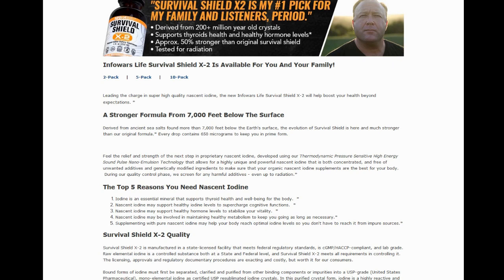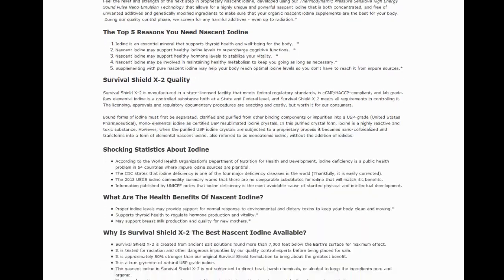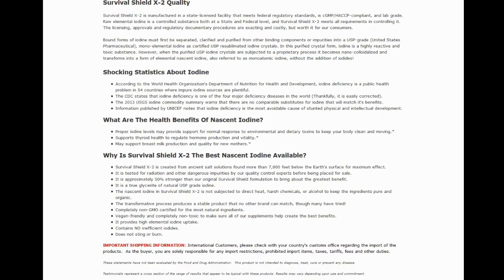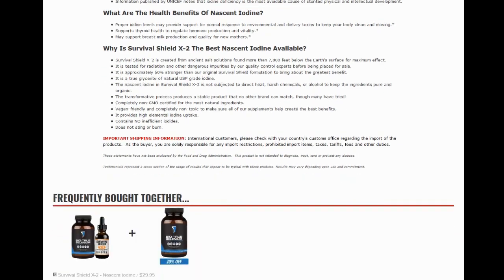where I have patients who come in and I say, well, how long have you been on Synthroid or thyroid medication? And they'll say, oh, I've been on thyroid medication for the last 10 years, and it seems like every time I go in to see the doctor once a year to get my thyroid medication adjusted, he keeps upping the dose of thyroid hormone in order to control my symptoms. And once they start taking iodine, there is a dramatic decrease in the total amount of thyroid hormone that's necessary